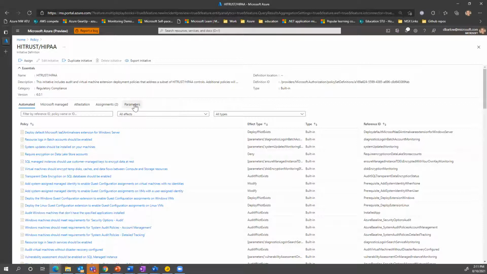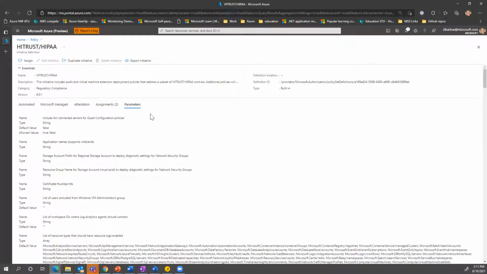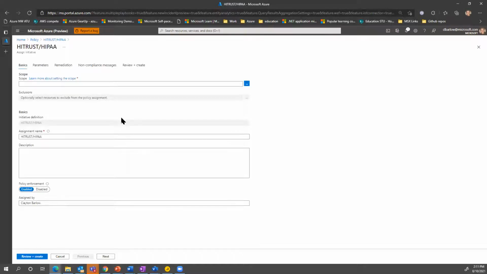So I'm going to go over to parameters again. All of these different parameters need to be filled out when you assign it. If I was going to assign it, I can assign it to a subscription, or I can assign it to a management group, and this is scope. This is something I want to talk to you about real quickly.